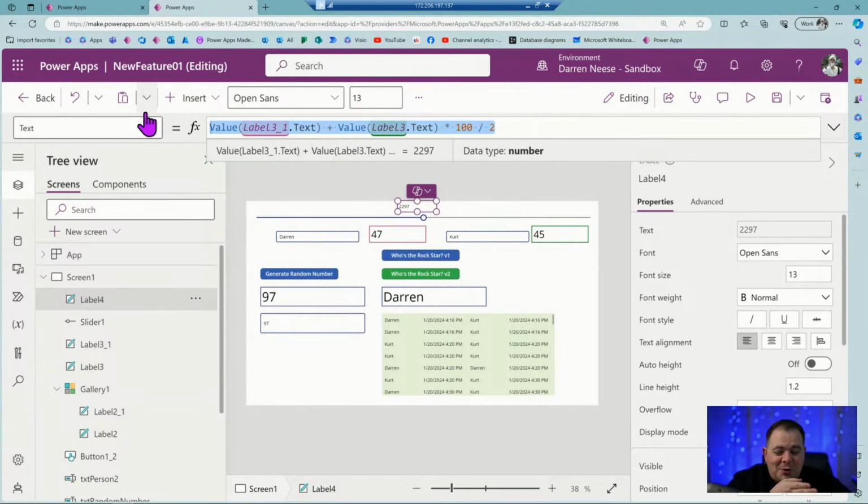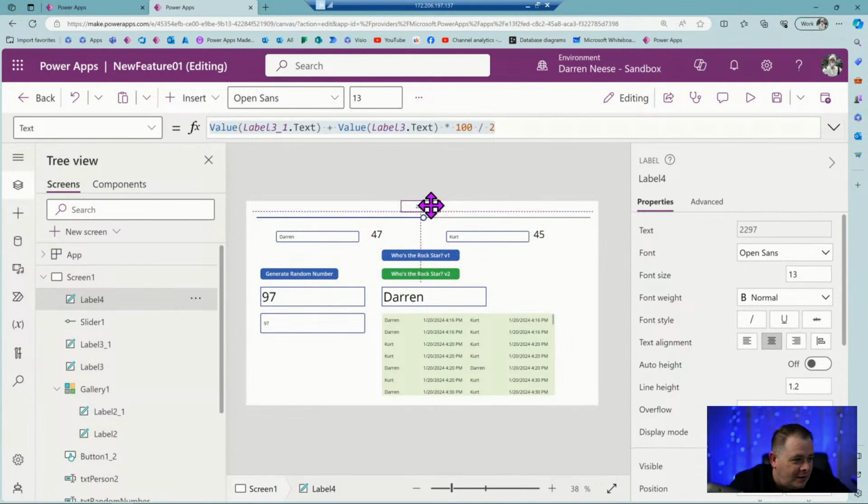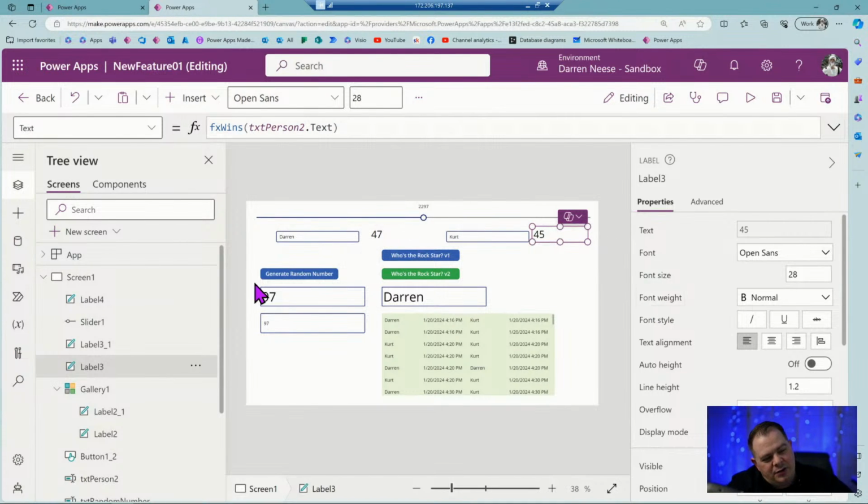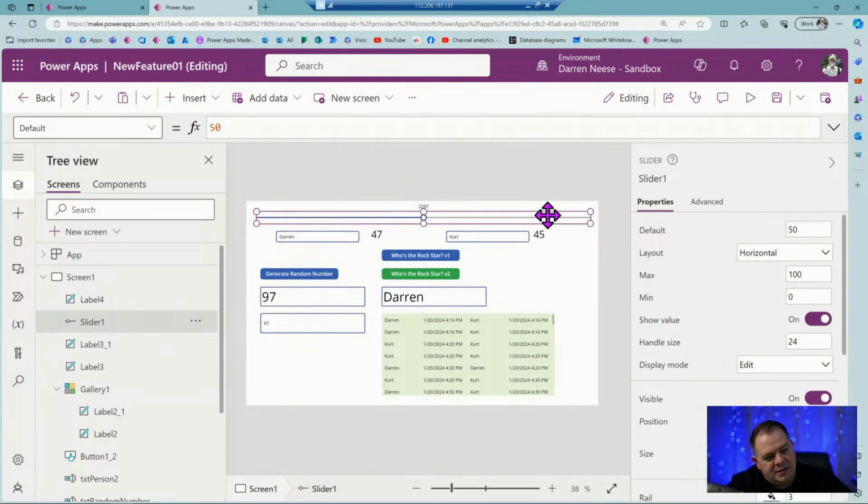This is a cool little puzzle. Sometimes it takes me a while, and I don't want to sit here for 10 minutes trying to figure it out. Kurt might be able to figure it out as soon as he comes on, and maybe we'll look at that. But the idea, guys, that we'll eventually get to, hopefully before the live stream's over: based on these two values, out of like 100, like 100%, where does it fall?